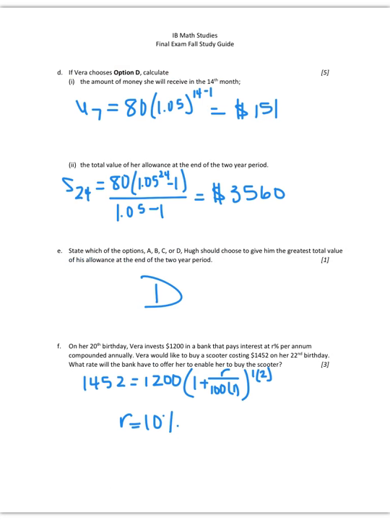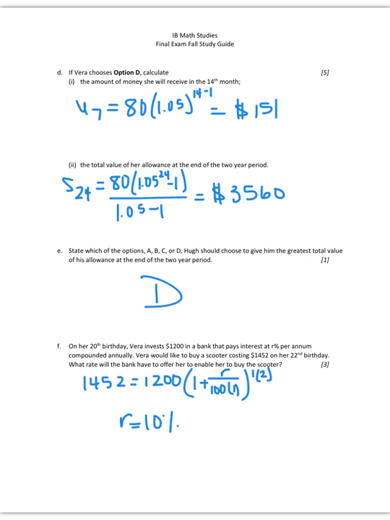Option D is geometric, with an initial value of $80 and a common ratio of 1.05, because you're getting 105% of what you got the month before. Remember, if you're ever increasing, you always have to add that 1 in front of your common ratio. So how much money she'll receive on the 14th month? So your initial value times your common ratio raised to the n minus 1 power, she would get $151 on